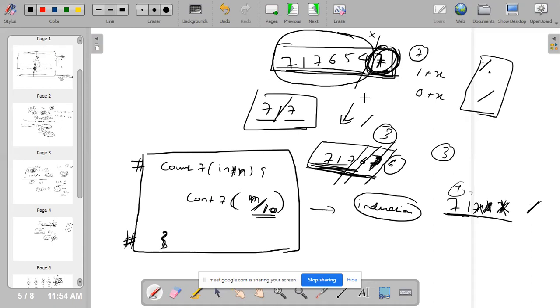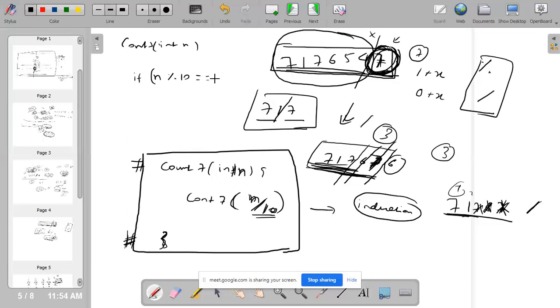Yes, ma'am. Okay. So in this function, count7(int n), I have if n, so that is n, right? This is the last number. So this is the total number. How can I get this number? To get this number, I have to use the modulus operator.